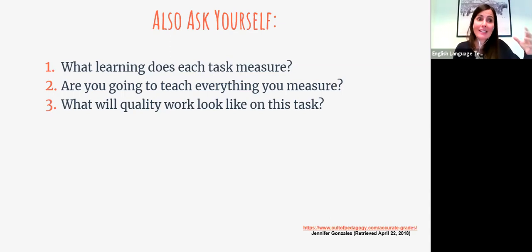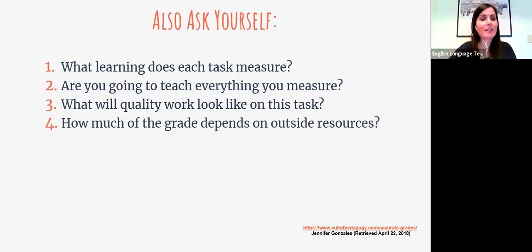What is quality work in terms of the language production, and what is that going to look like for this particular task that you're giving? And do not let somebody who's super tech savvy and can make wonderful edited videos with special effects and somebody who is not, what are you going to be looking at? So we have to be very careful with that.